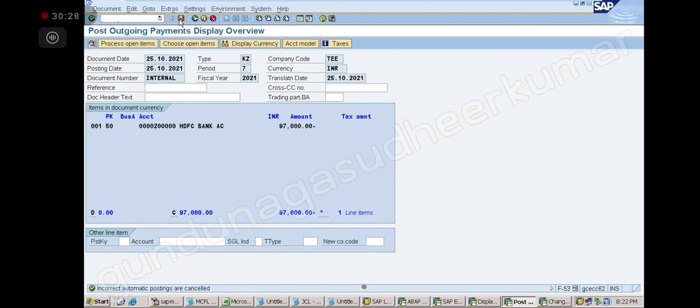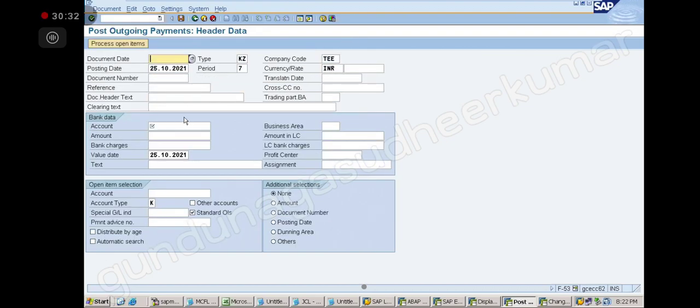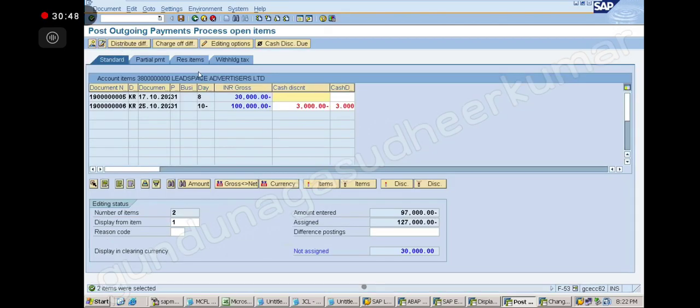So we are going to discuss the error. Again I will show you in F-53. We give the bank account and amount like this, then we process open items. Okay, please note down.